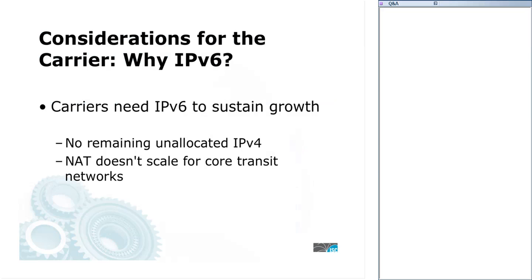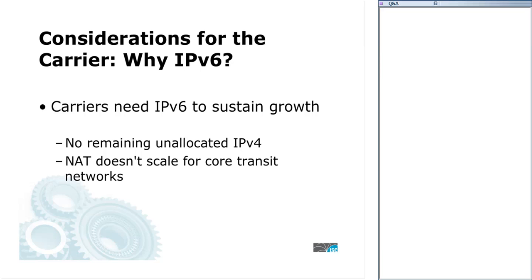Pretty much the entire internet has sort of gotten the memo. It was announced earlier this year that there's no more unallocated IPv4 address space. And for anybody who needs to grow a network, the reason why this matters is obvious. You need IPv6, which was created in anticipation of this situation, to sustain growth. There's still a lot of internet to do. There are many billions of people who aren't connected yet. There are many new services and devices and activities still to be invented on the internet, and we're out of the original address space. So we need to keep going, and the way we do that is by expanding into